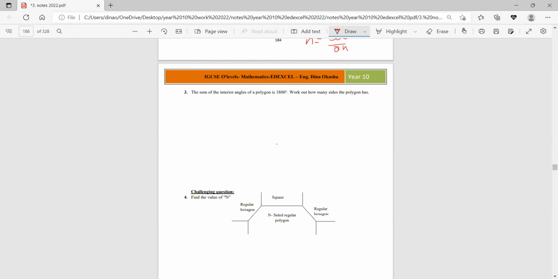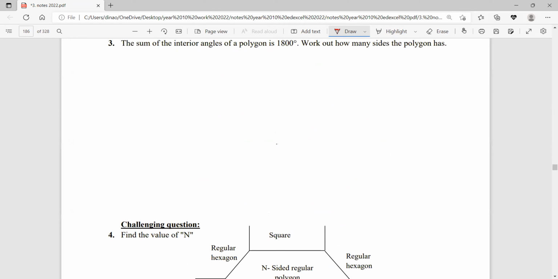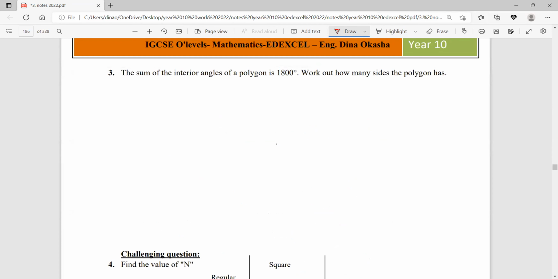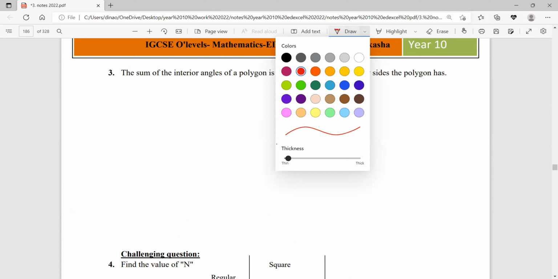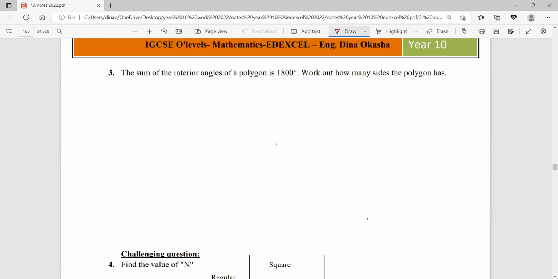Moving on to page 185, question number 3. Here it says the sum of interior angles of a polygon. It didn't say regular. And as I told you guys, the most important thing in geometry generally is that we do not assume. When it says regular, then it's regular. It didn't say, so I don't assume it myself. Okay? And if you remember, as I always say, whenever you are given the word is, this could be considered a key sentence